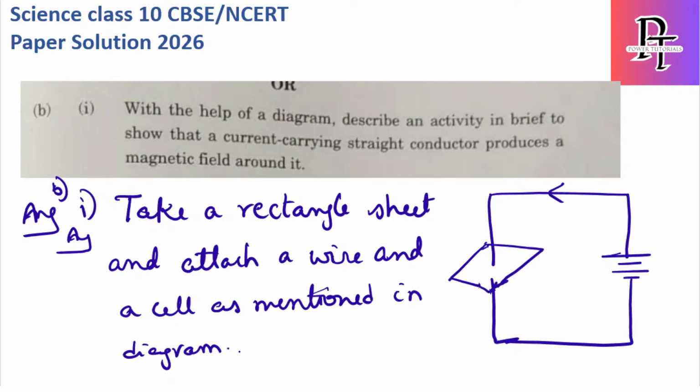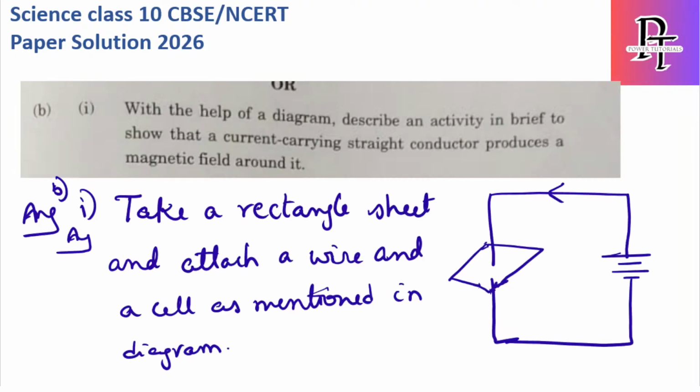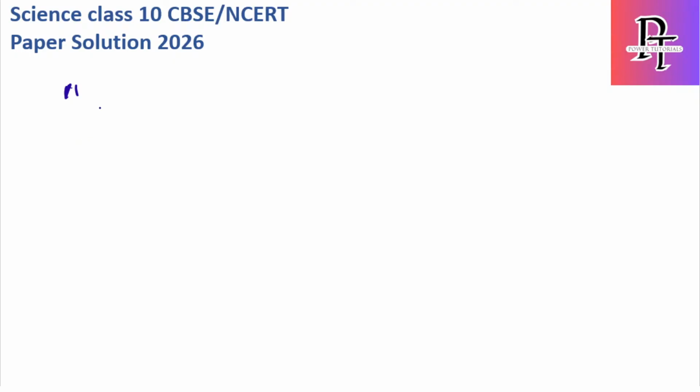Okay, so what we have taken is a rectangular sheet, and a cell is connected to a wire as shown in the figure. So now take, let's write it as first point, and second point,